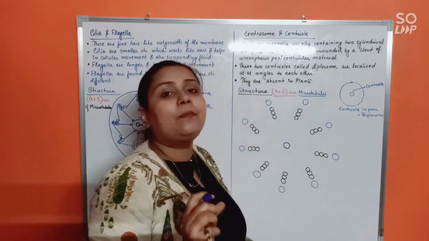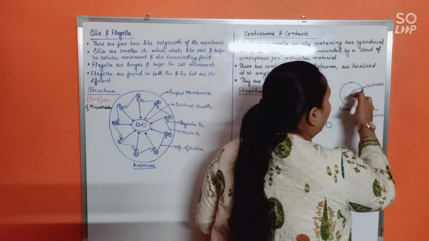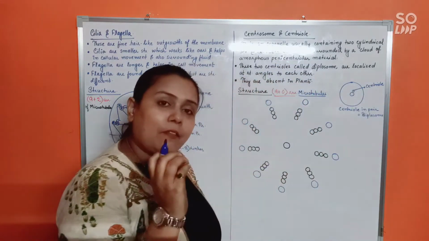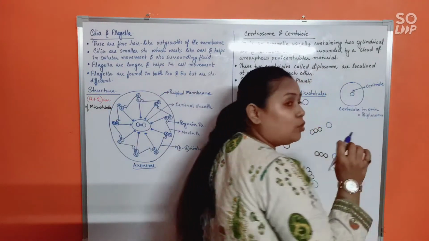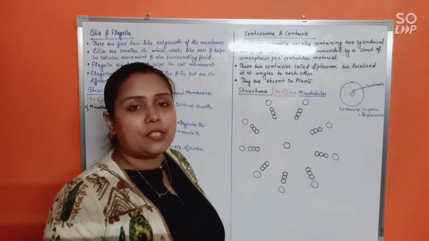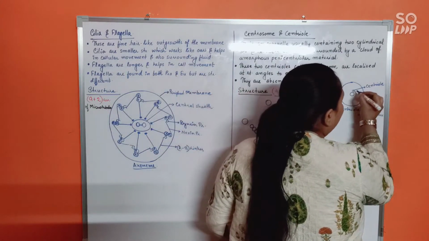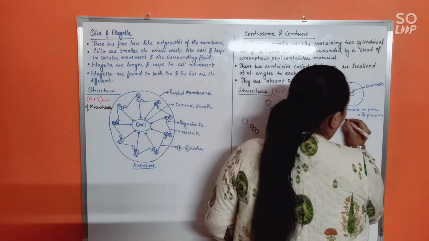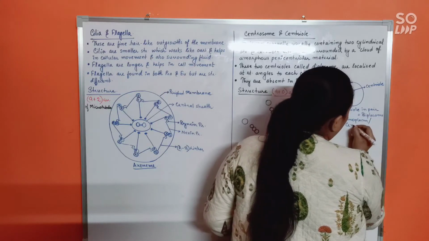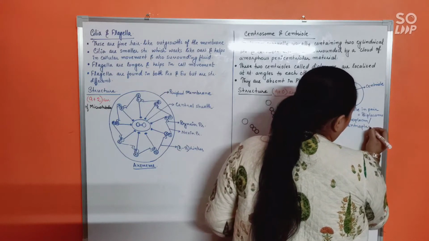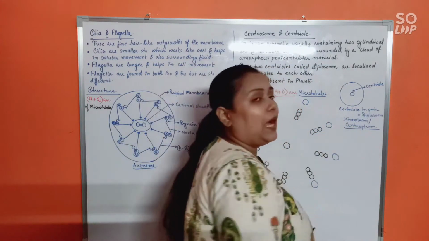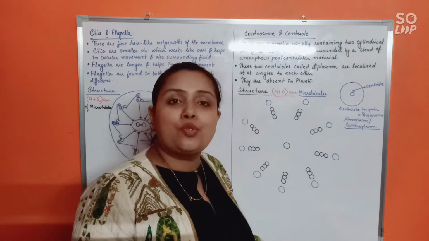Okay, what is it called? Diplosome. Now the diplosome will remain embedded in an amorphous matrix, in the cytoplasm. Do remember, it's not membrane bound. It's simply going to be found in a dense part of the cytoplasm near nucleus, and that dense cytoplasmic portion is called kinoplasm or centroplasm. Alright. So diplosome plus kinoplasm together is known as centrosome.